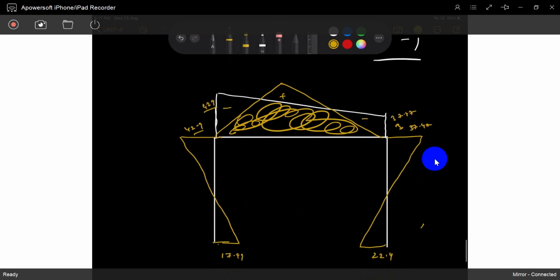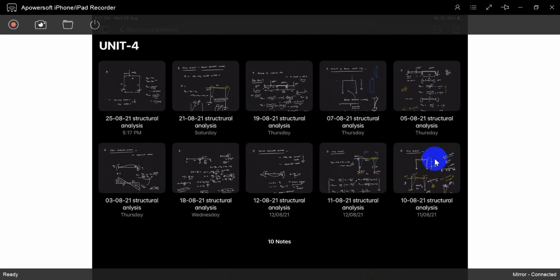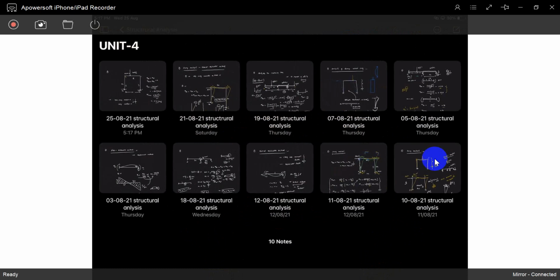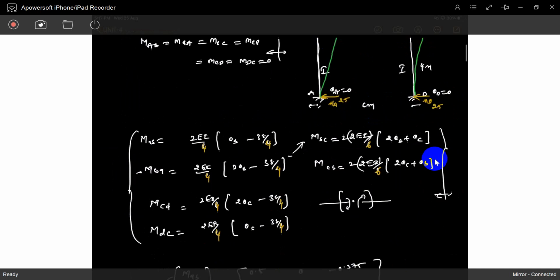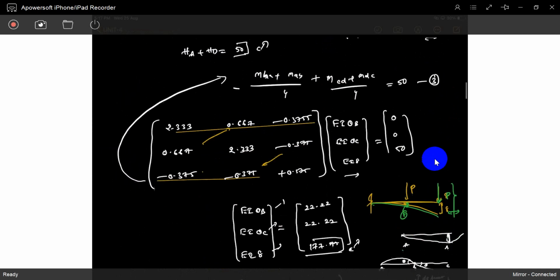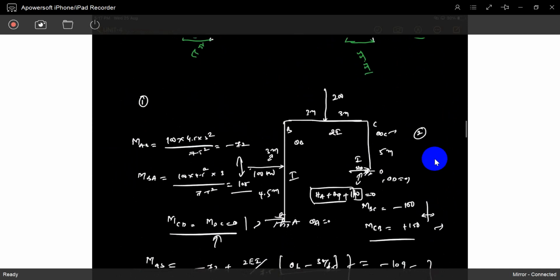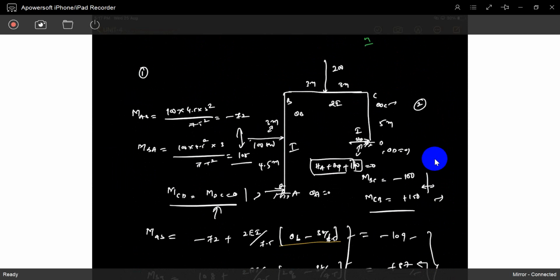That's the problem. For the next problem I will do some part, and later you can do it. Every time the same problems, na? Same problems. So I will solve this problem because you have to check whether our values are correct or wrong. Now I will solve this problem. You can check this problem.